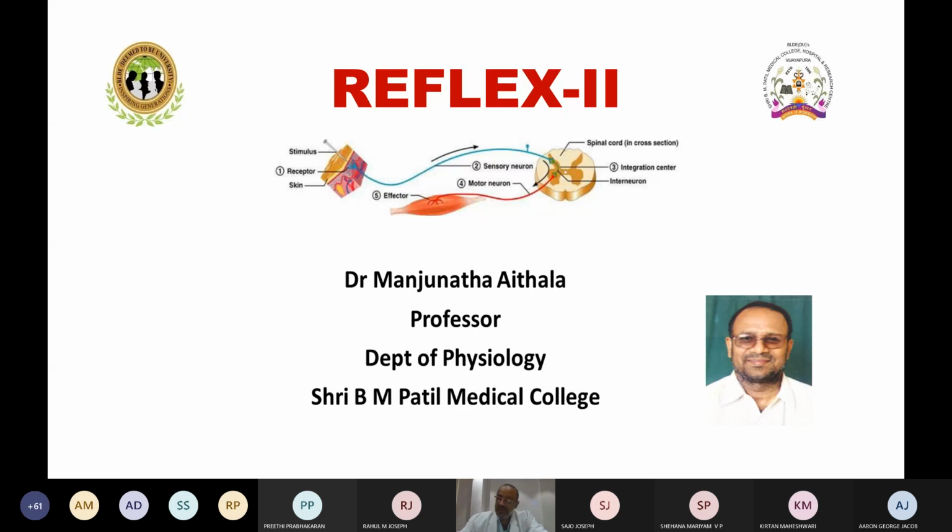Yes, no problem. So, in continuation with the previous class, we are going to speak more about reflex. You know that in the previous class we highlighted reflex: definition, classification, then properties, and also examples we have given. And an important question: what is a reflex? Enumerate, give the classification, enumerate the properties, and explain any two of them, as a long essay type question, or an individual property may be asked.